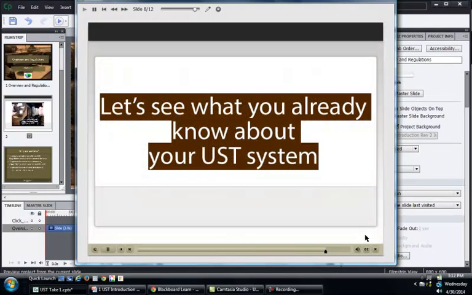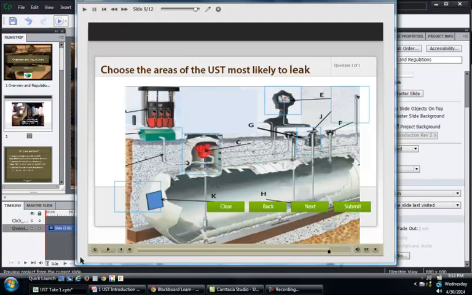So I then say, well, let's see what you already know about your system. And I give them a picture of an underground storage tank system and ask them to choose the areas that are most likely to leak. So if they click on this one, and this one, and I submit it, it's going to say try again. So when I say try again, the ones I already chose are still chosen, so I clear that. And then I say, oh, it's going to be the submersible pump and the underground sump and the spill bucket. And then I click submit. It says correct, and I press